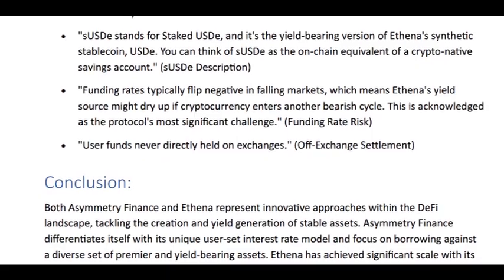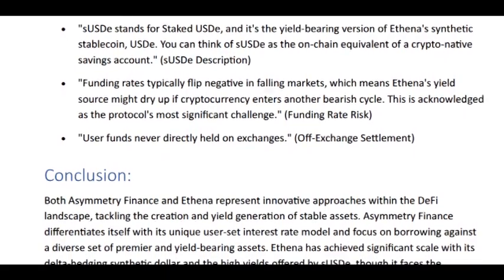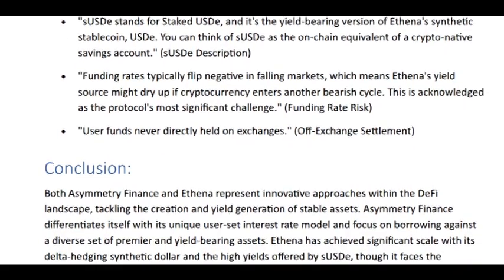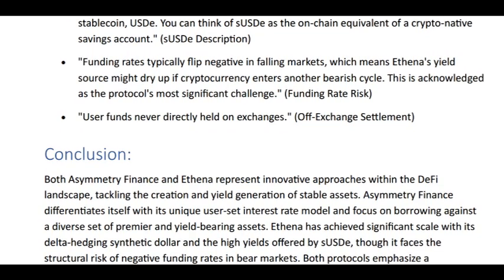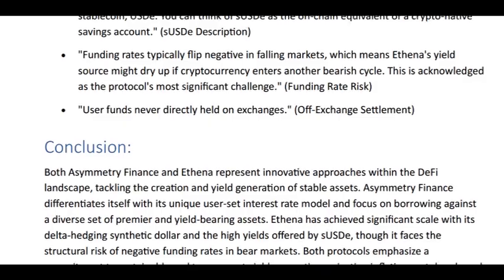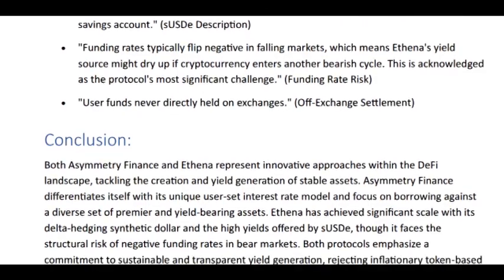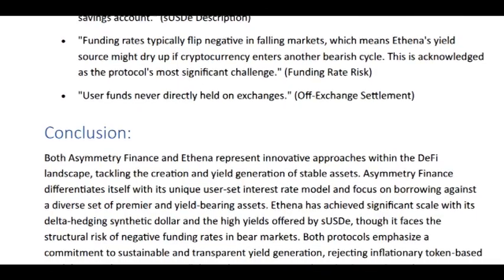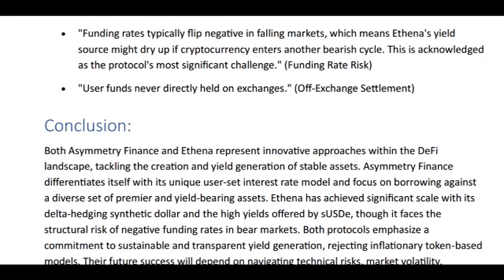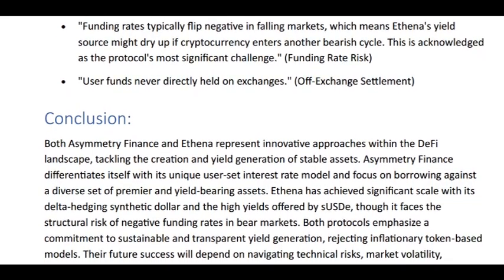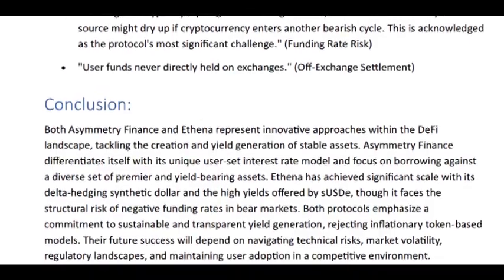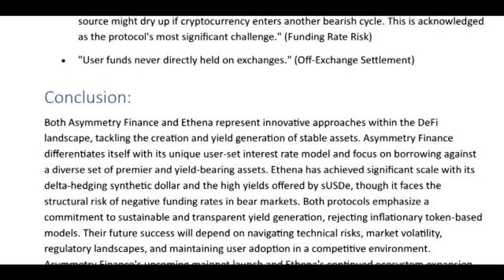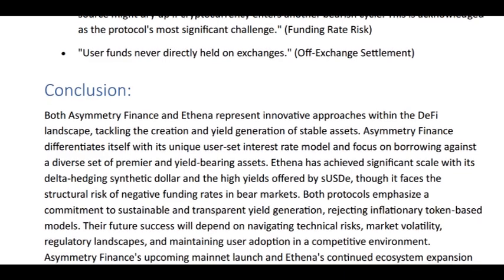Okay, so recapping our deep dive based on the sources: Asymmetry Finance, customizable borrowing, diverse collateral including Bitcoin, unique yield products focused on real yield, and features like instant liquidity. Ethena, delta-neutral synthetic dollar USDe, scalable hedging, high yield potential via the sUSDe internet bond, fueled by funding rates. Two very different, very interesting value propositions. Both definitely pushing the boundaries in the evolving DeFi landscape.